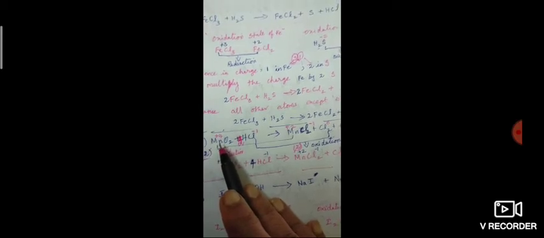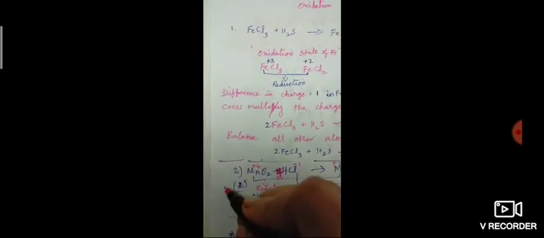First, what do we have to do? We have to find out the oxidation state of manganese and the oxidation state of chlorine, and we should know which underwent reduction and which underwent oxidation. Let us take MnO2 now. What is the oxidation state of Mn in MnO2? Here 2 oxygens are there, the oxygen charge is minus 2, so minus 2 into 2 is minus 4, so the oxidation state of Mn in MnO2 is plus 4. How does it come as plus 4?